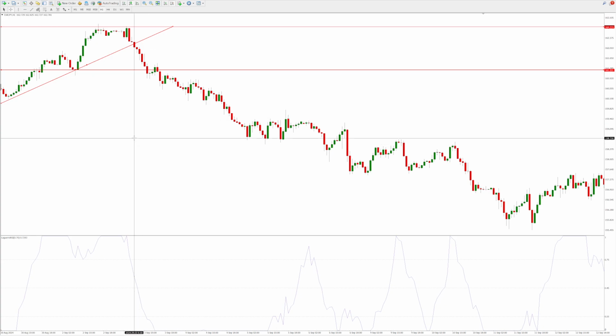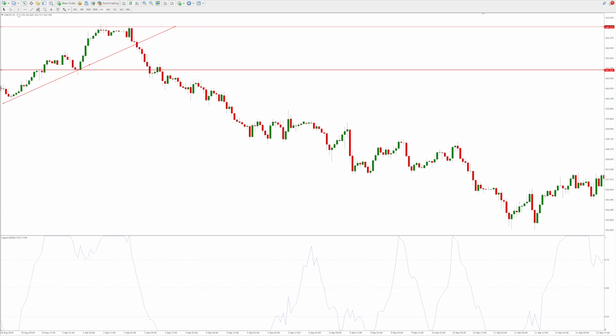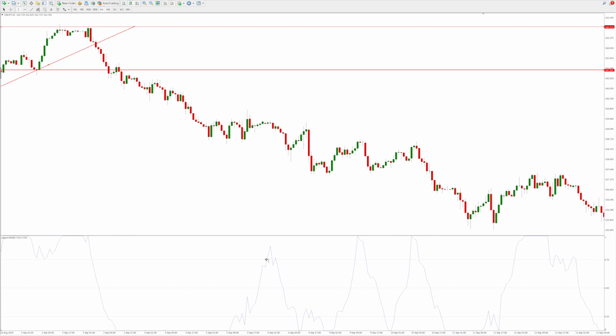What was the Laguerre RSI telling us? It wasn't long before it went to an oversold state, so it was telling us don't sell just yet. Had we followed that advice, we would have missed out on plenty of pip potential. That being said, if we go by the pullback entry,